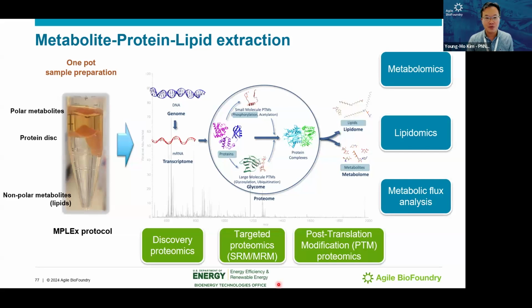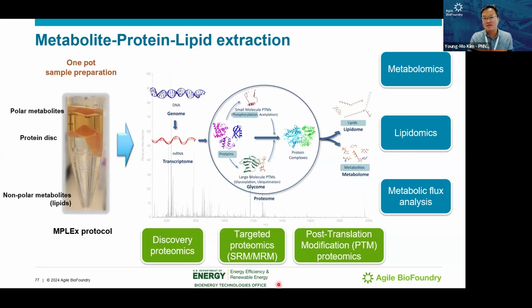At the same time, we also measure certain proteins and peptides in the system because we do a lot of gene modification and editing. Our collaborators are interested in how they are actually expressed or knocked out, so we can measure them by specific targeted proteomics analysis. Not general, but specific. We can also do post-translational modification proteomics. In general, phosphorylation, acetylation, ubiquitination, and many other things can happen on proteins, so we can also screen that PTM information from the protein side.